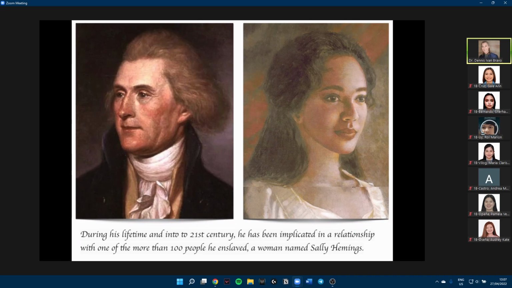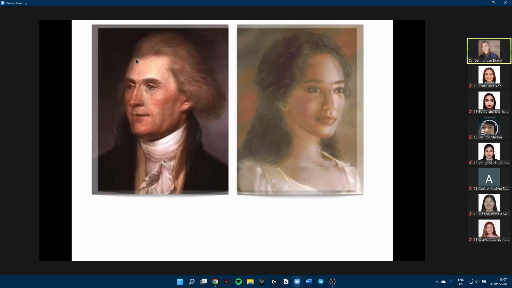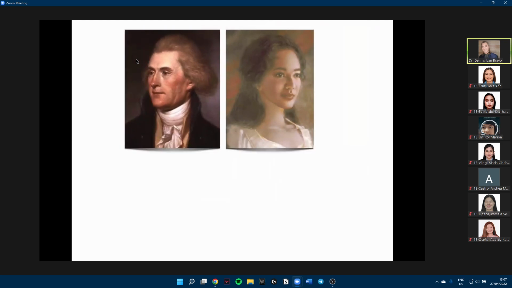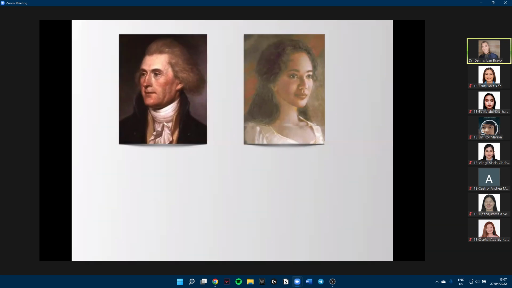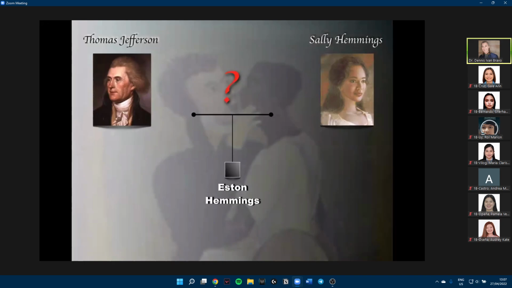When the First Lady died, Sally Hemings was about 14 years old, and she was given the task of taking care of the Jefferson children. So siya yung nanny. When she turned 16, she started giving birth to eventually a total of six children, all of whom were rumored to be fathered by Thomas Jefferson. Of course, Thomas Jefferson never admitted this, but one of the children, the youngest of whom is Eston Hemings,